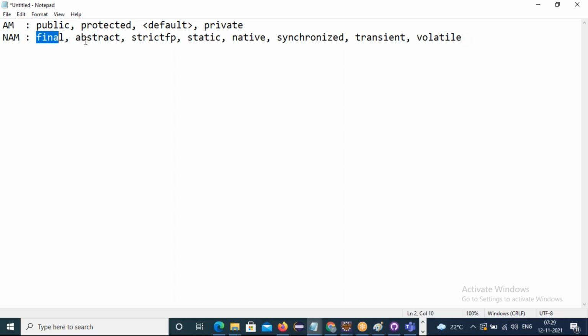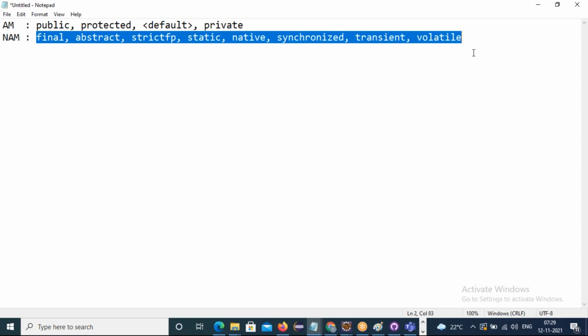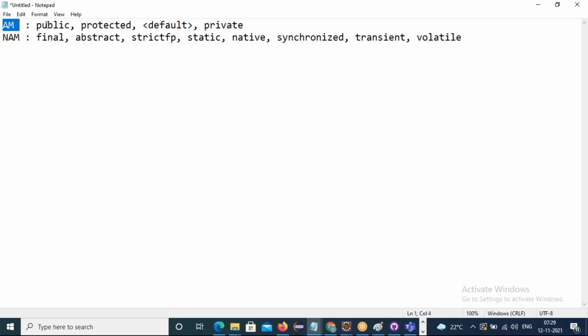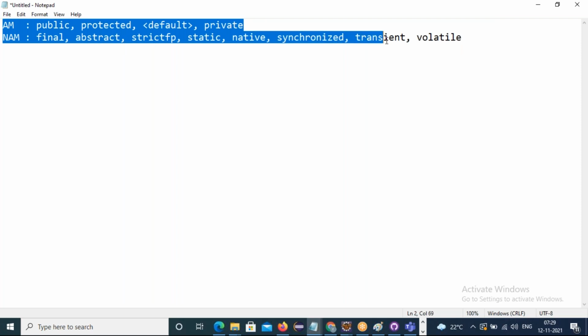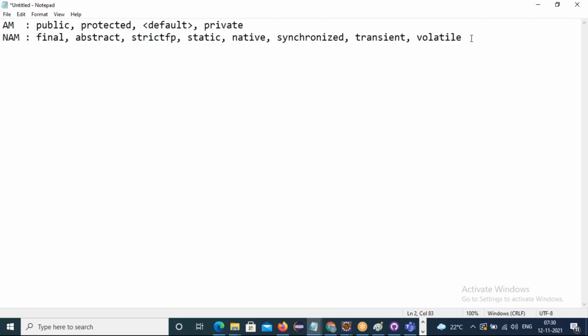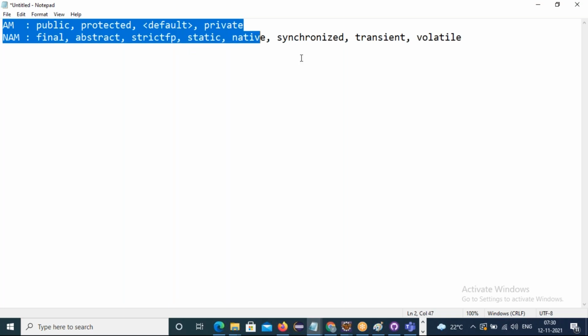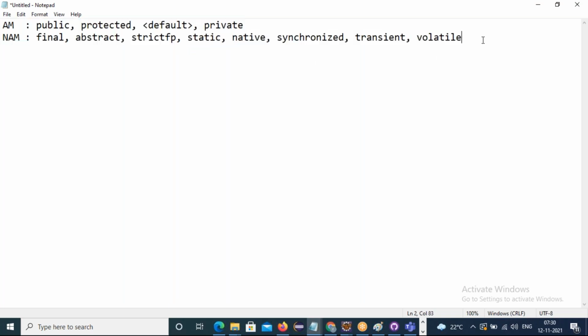These are the 8 non-access modifiers in Java, and these are the 4 access modifiers in Java. Friends, these 4 access and 8 non-access modifiers are applicable to classes, variables, and methods. For every class, every variable, and every method, these access and non-access modifiers are applicable.